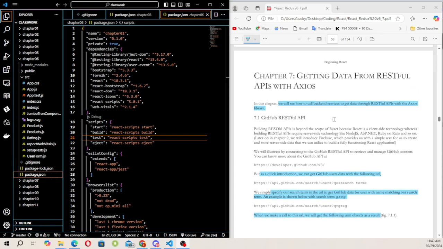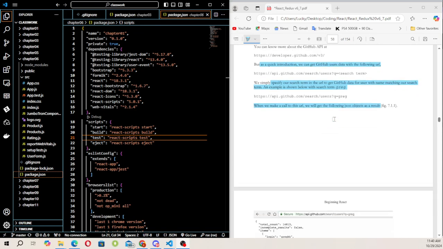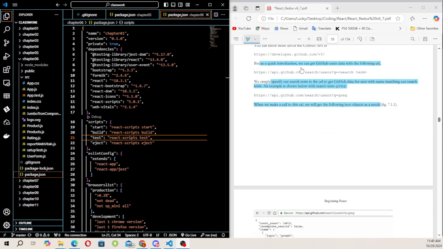We are now in chapter 7, where we will be getting data from RESTful APIs with Axios. In this chapter, we'll see how to call backend services to get data through RESTful APIs with the Axios library. As a quick introduction, we can get GitHub users data with the following URL here, this one, and